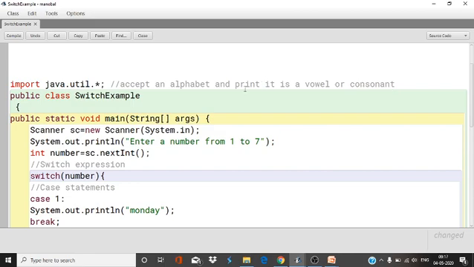For this we have to declare the variable as a character variable, because to accept the alphabet we declare a character variable. So alpha, I gave the variable name, and we are going to accept the value, and I will write here enter an alphabet.